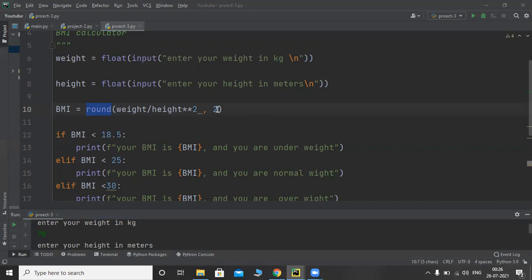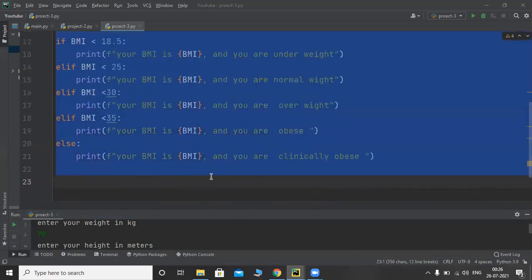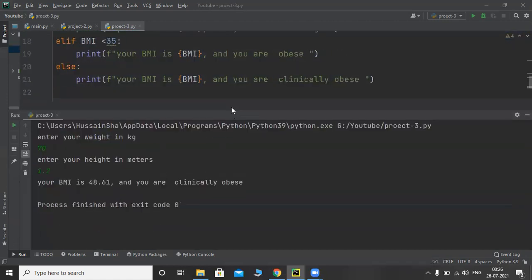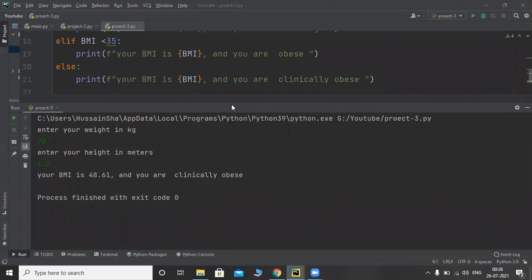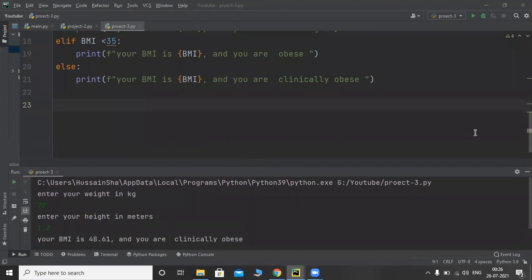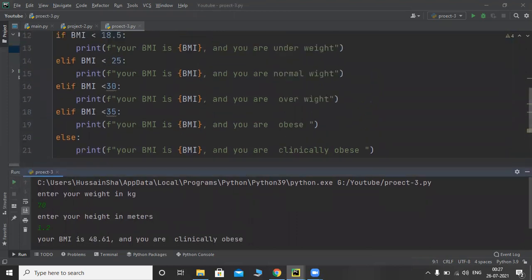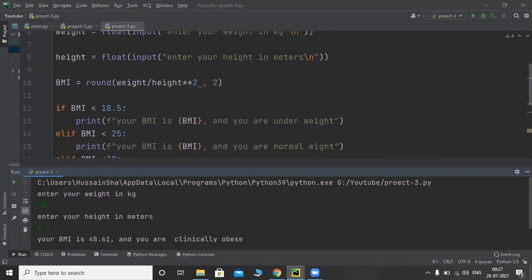I am rounding with 2. That's why I'm getting two digits after the decimal point, 48.61 in the output. So I'm rounding to 2 decimal points. That is the meaning of the round function, and round takes 2 arguments: one is the value, and one is how many places you want to round.